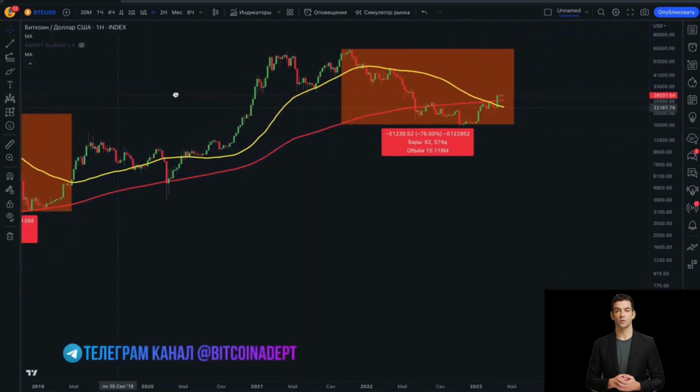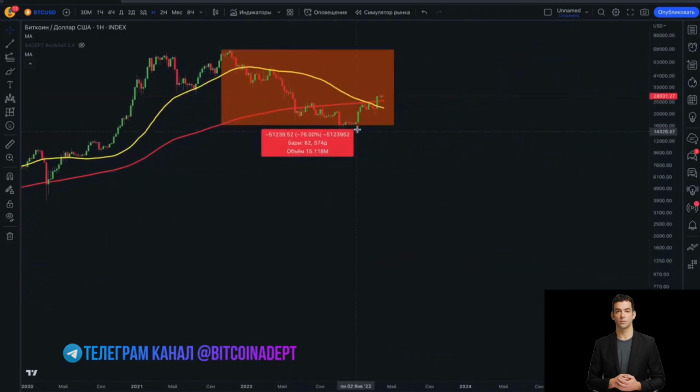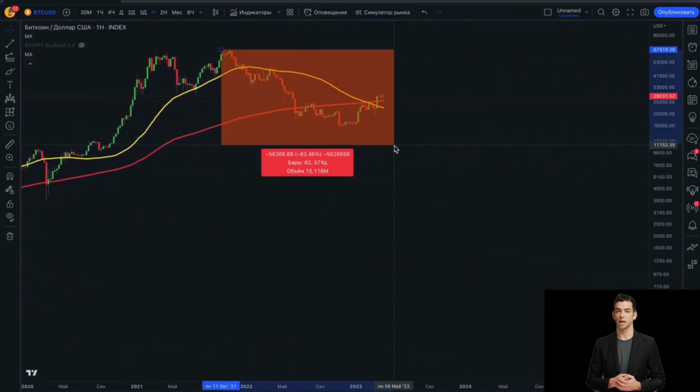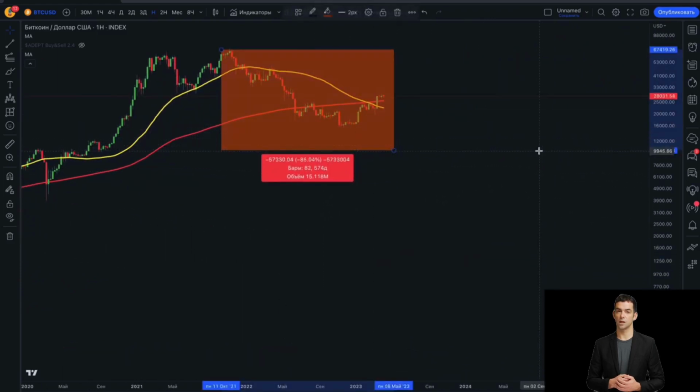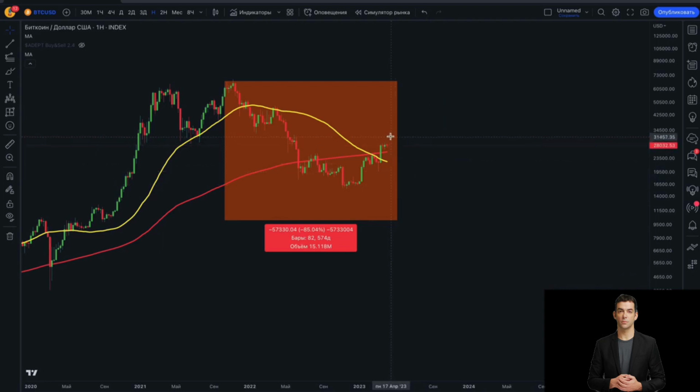I don't believe in that theory. I believe Bitcoin has turned around and will only go up, until some sort of global correction. But you cannot be 100% sure, because the market can throw us different jokes on which we can lose money. And these moments should always be kept in mind. Now you will say, before you said that everything will go up, that Bitcoin has turned around, and now you're scaring us with a bear market, a fall.